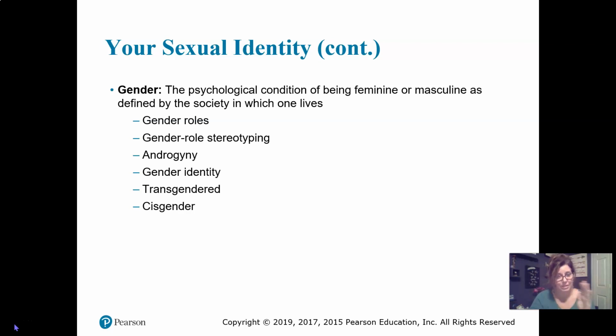It's truly actually a spectrum, right? There are some females that are really, really female, really, really girly, and there's some masculines that have the machismo that are extra masculine, right? And somewhere in between is where we all lie. A person whose gender identity does not match his or her biological sex assigned at birth is said to be transgender. When a person's gender identity matches the sex assigned at birth, the person is cisgender.